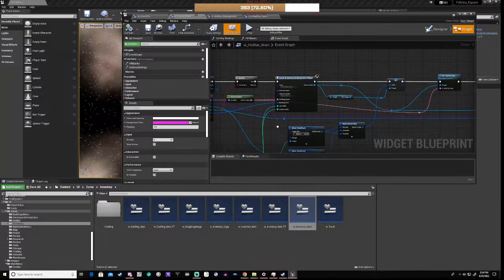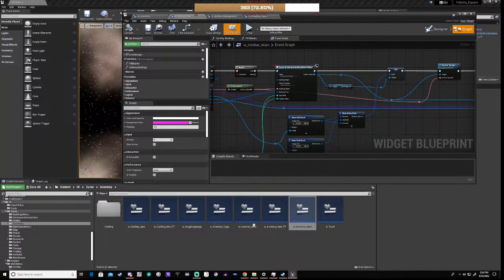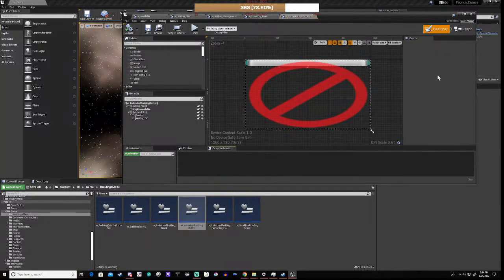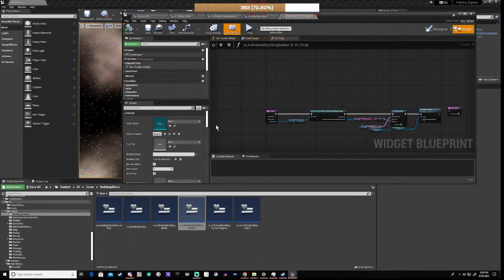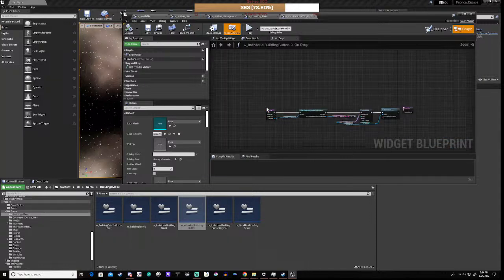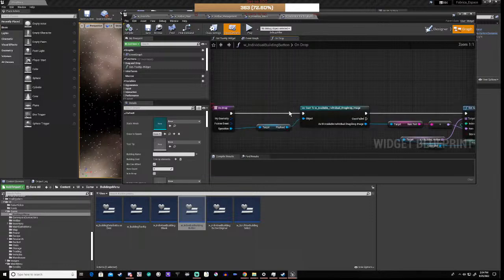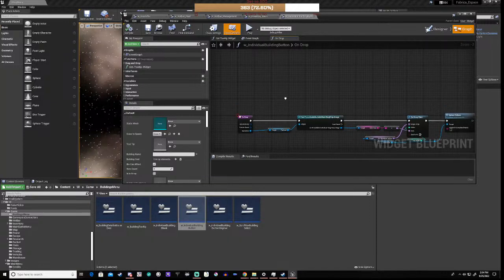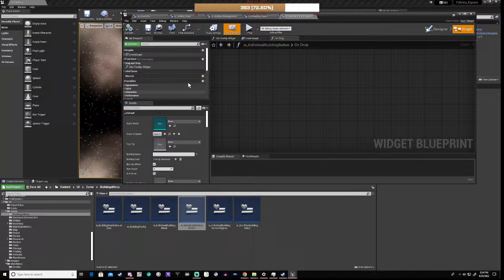So fundamentally, we click on that, double click on that, go to the graph, and we go to our override function,